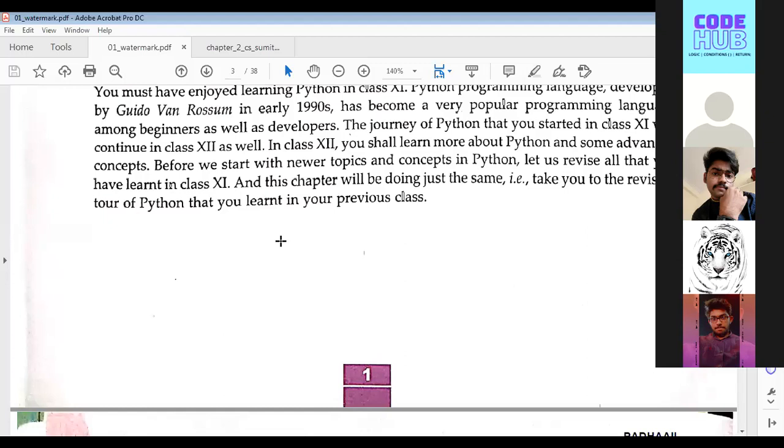There are mainly three programming languages you have heard about: Java, C++, and Python. All of these use objects and classes. In Python, everything is an object. That is the best part. You declare a variable and assign a value to it, and it is considered to be an object. That's how it remembers.